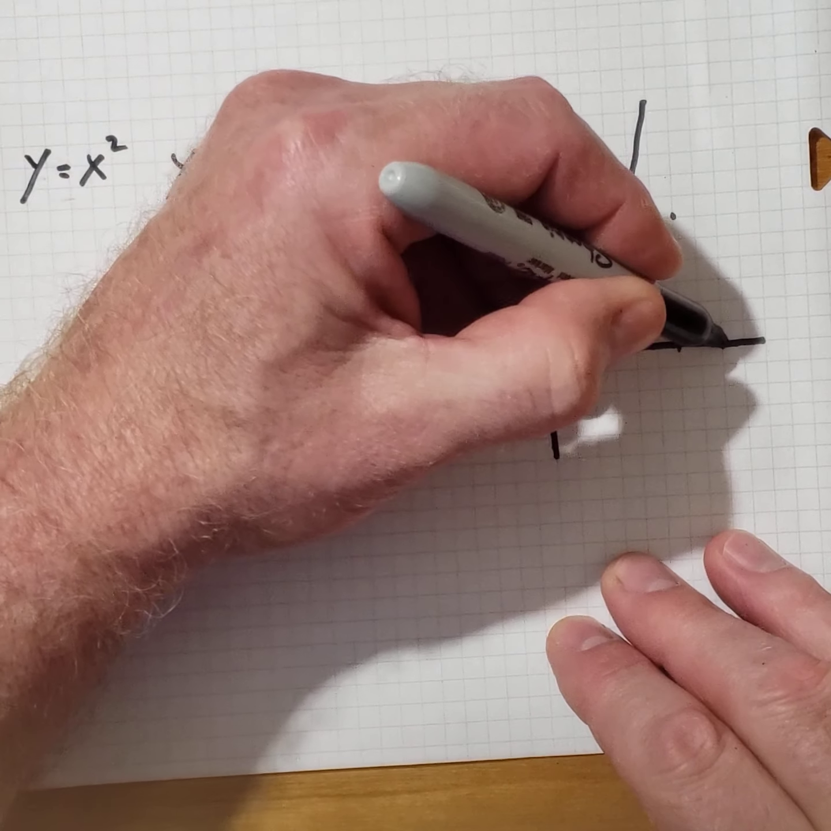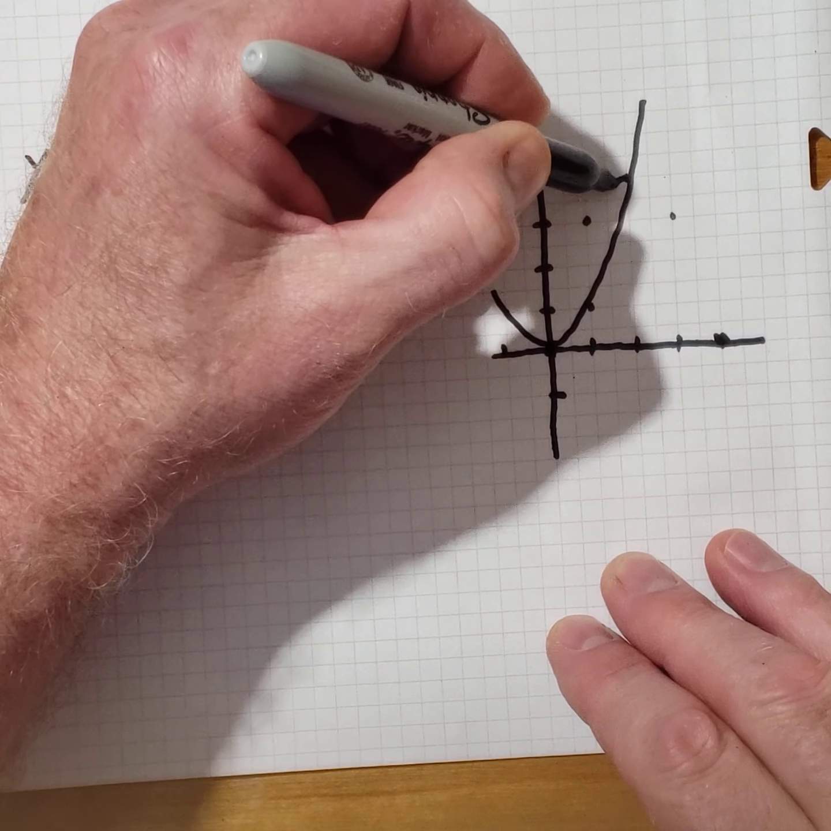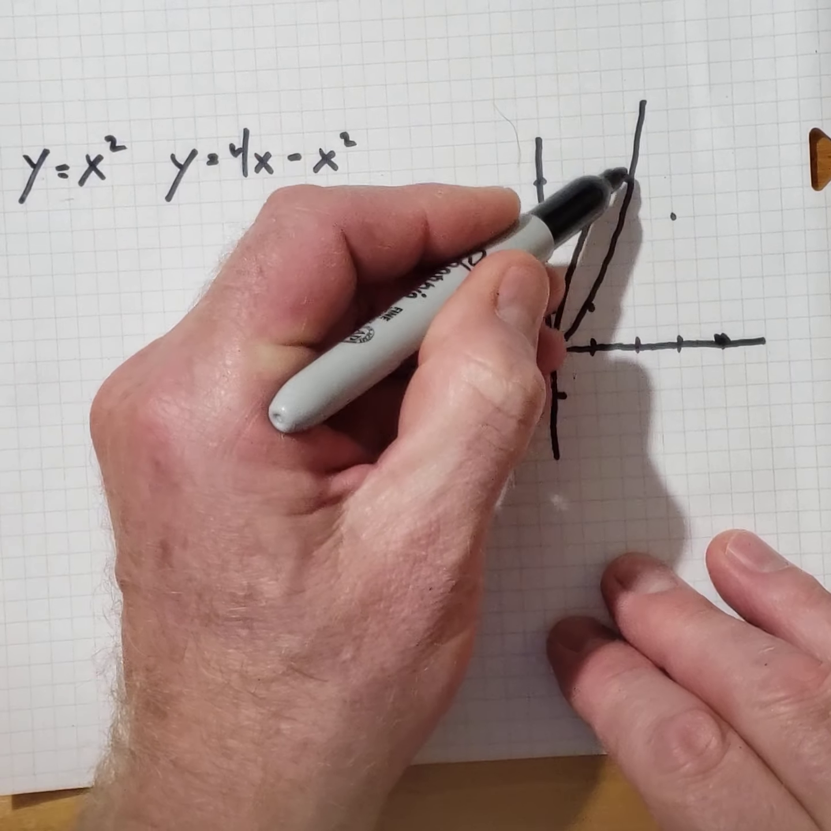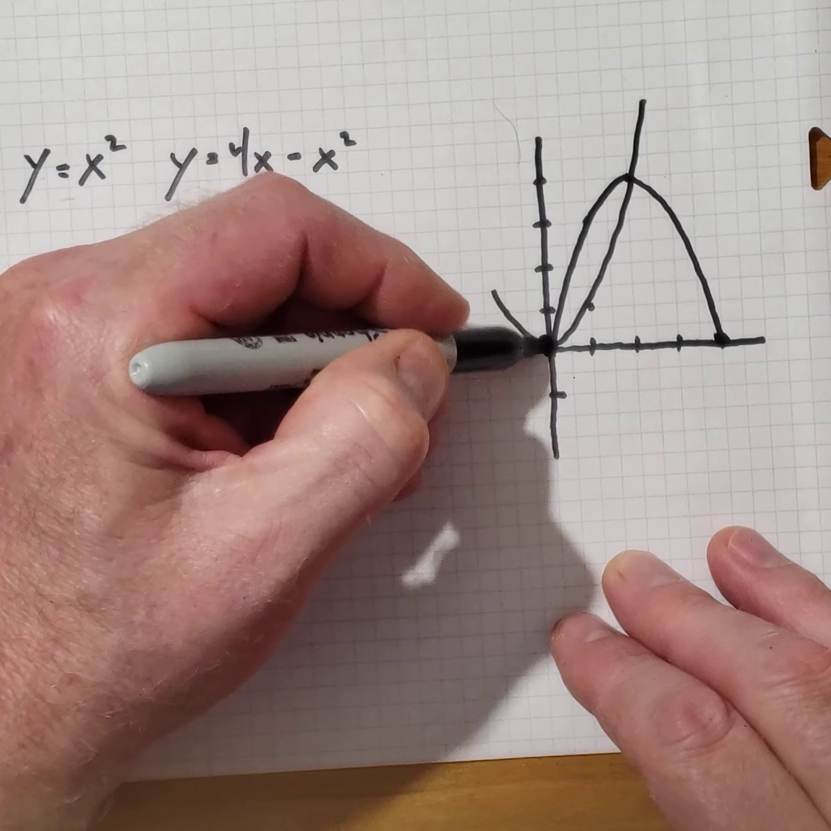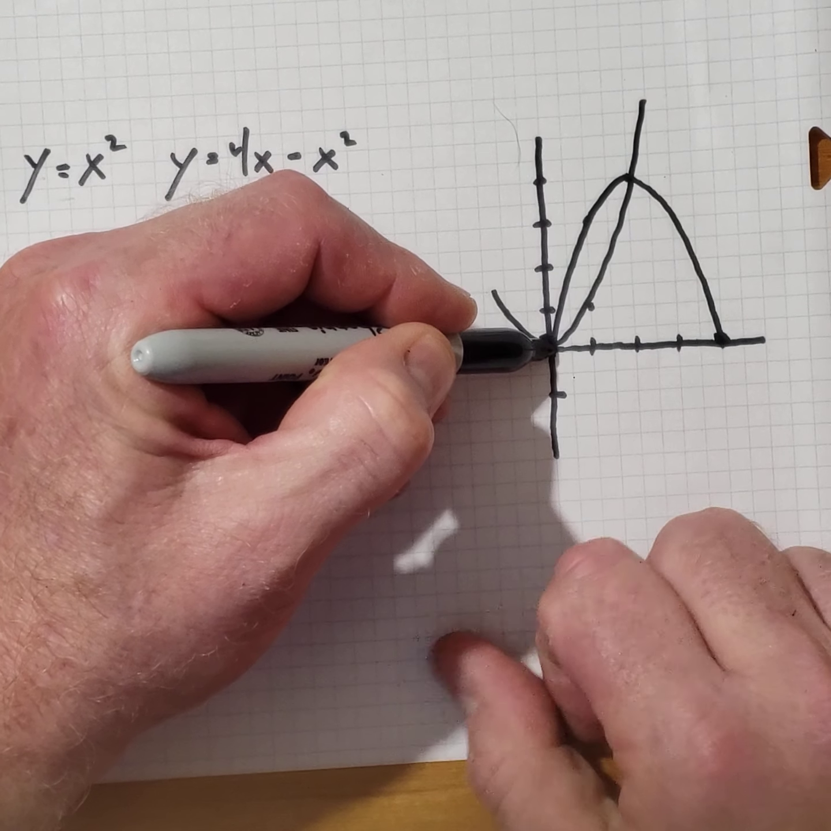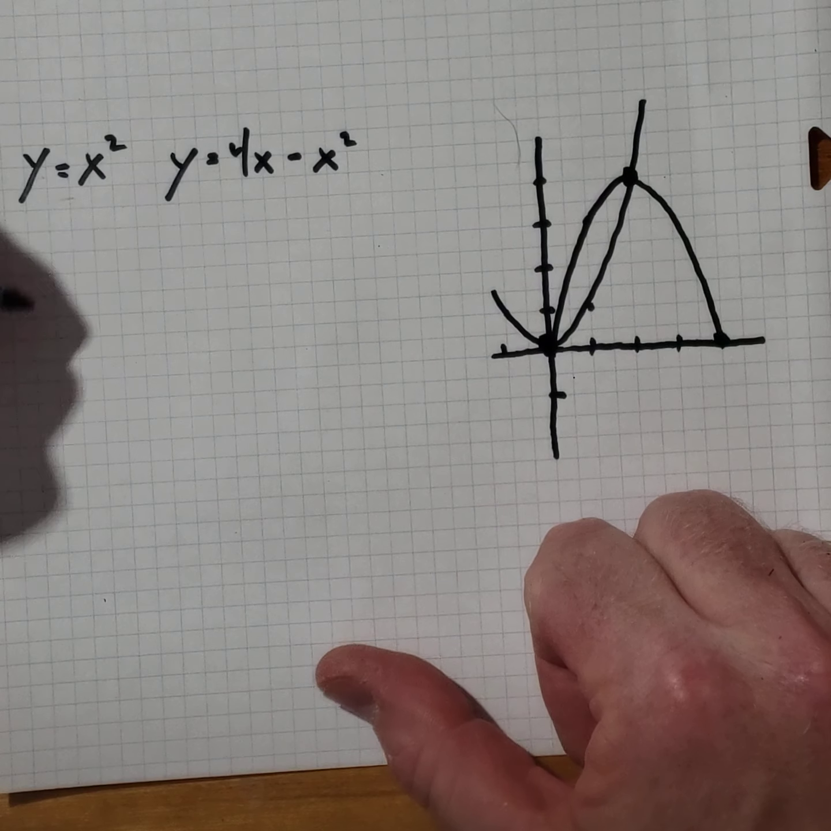It's going to be a parabola with x-intercepts at 0 and 4 and its vertex up at (2, 4). So, very similar to the last one. Unfortunately similar, I should have picked two that were a little different. We've got our intersections at 0 and 2 again. So